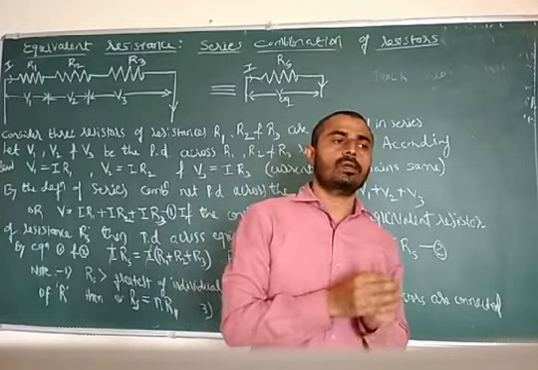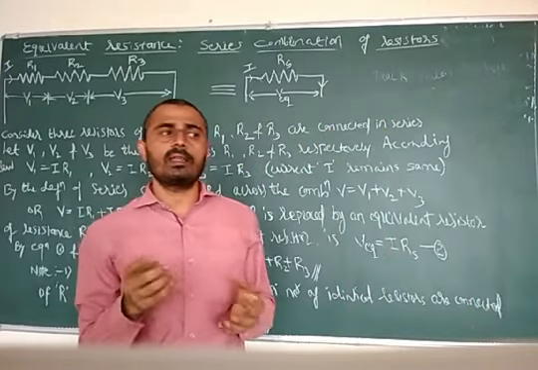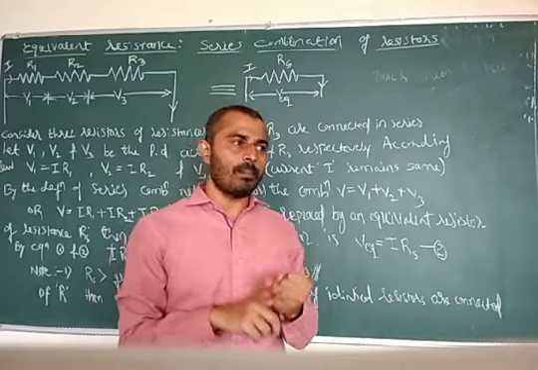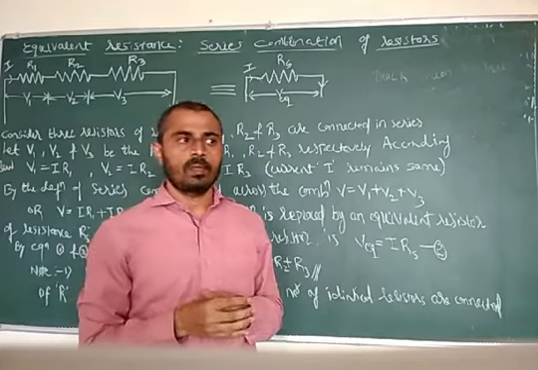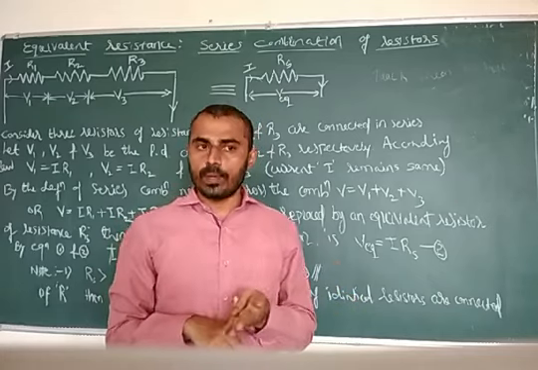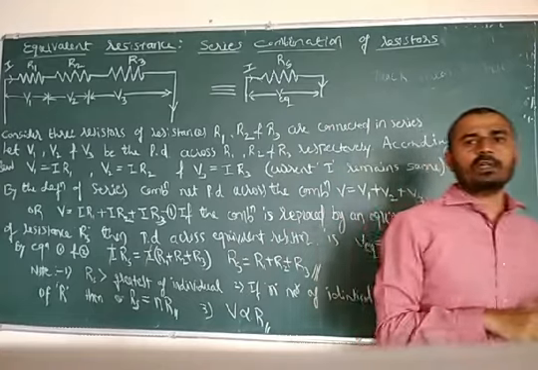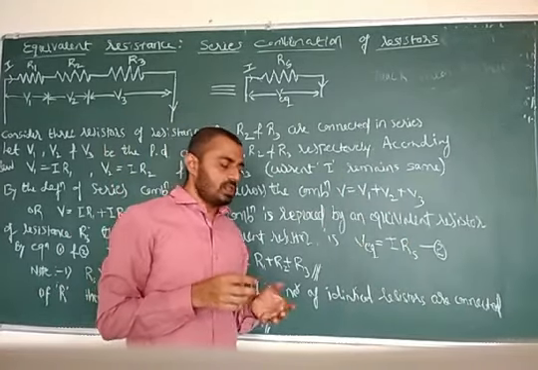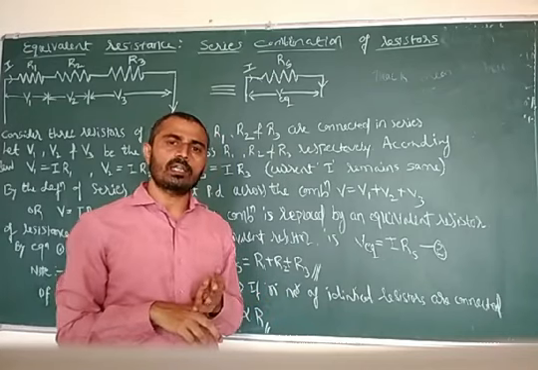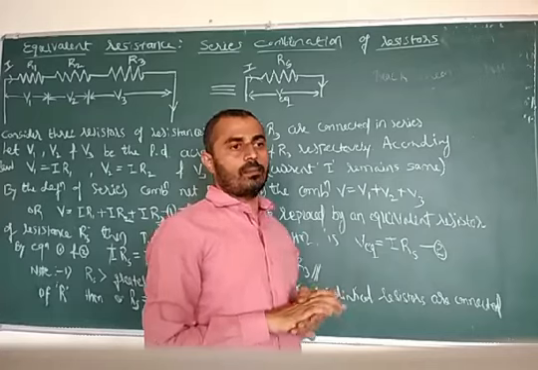Electrical circuit means that there is a closed path for the flow of current, and those resistors can be connected or grouped or combined in 3 different ways, and those are called series grouping, parallel grouping, and mixed grouping. And for your syllabus, there are 2 groups: series group and parallel group. Series grouping. What is a series grouping or series combination? Parallel grouping. What is parallel grouping or parallel combination?